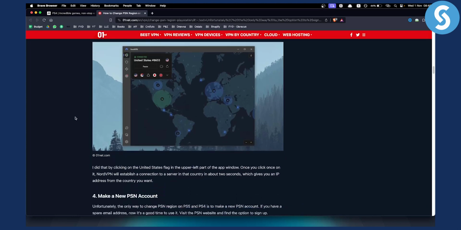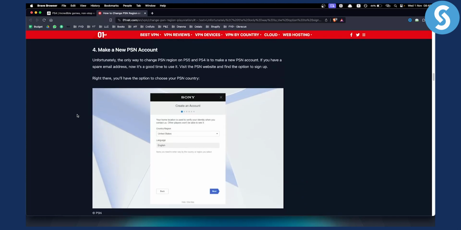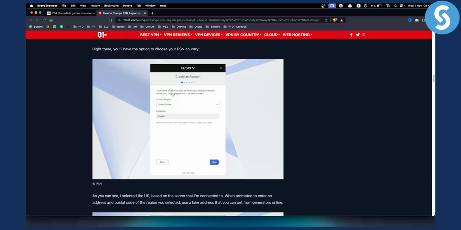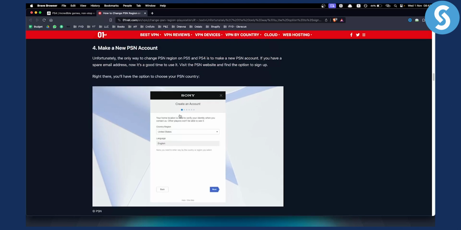Then what you want to do is make a new PSN account. For this example, unfortunately, you will need to change your PSN region. You're doing all of this on your PC, so make sure to do this on your PC while your VPN is turned on. Now from there, you need to select the PSN country where you set up your country from